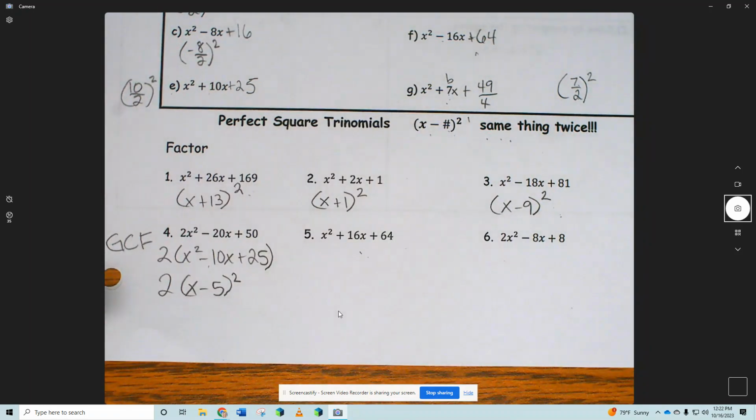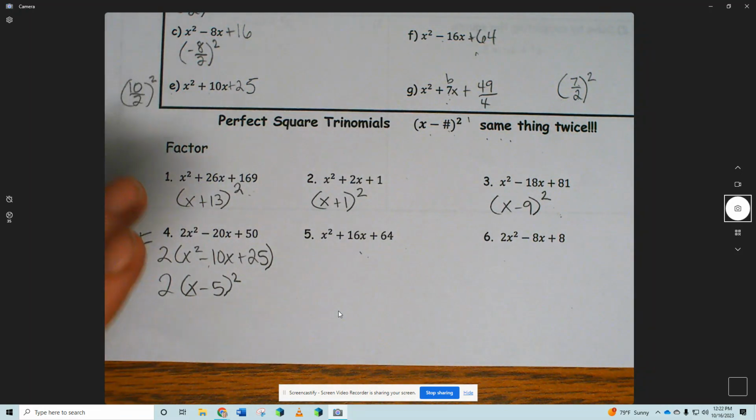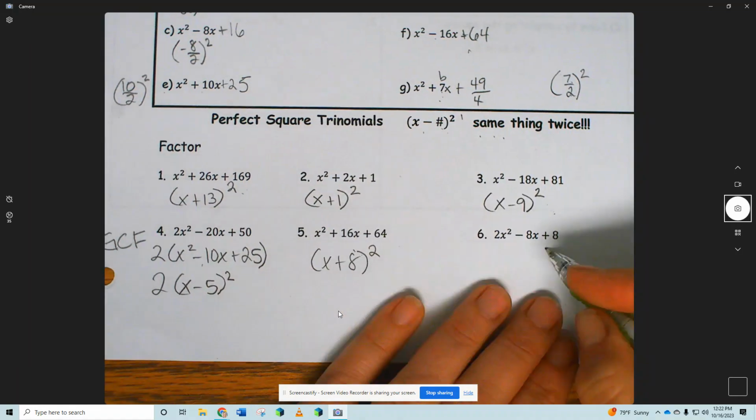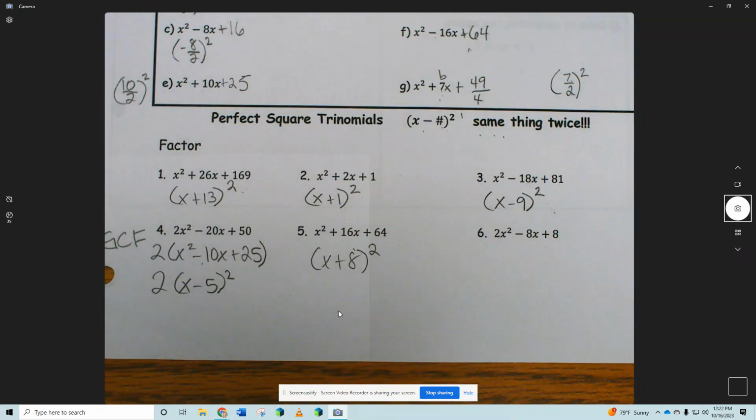Number 5. Oh, table 2, I haven't called on you guys yet. Yep, x plus 8 squared. Oh, number 6. Right away, the first thing you look at for factoring, always check if